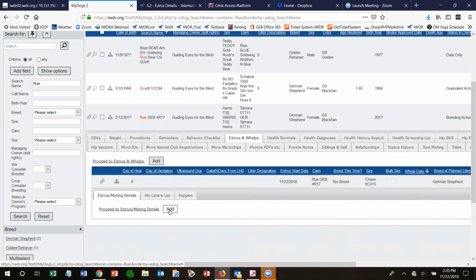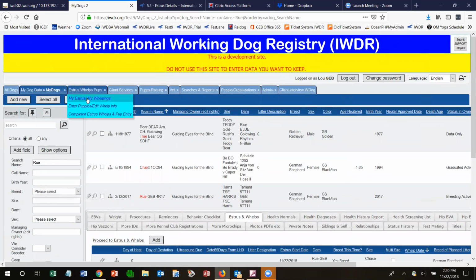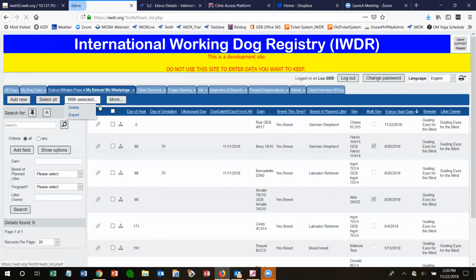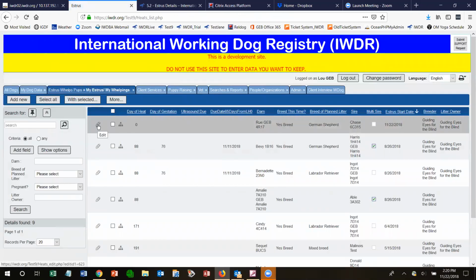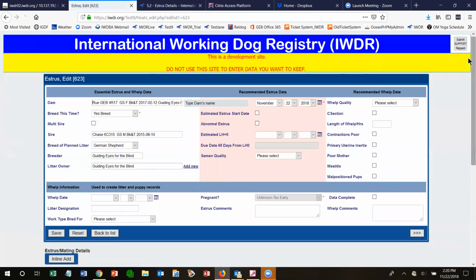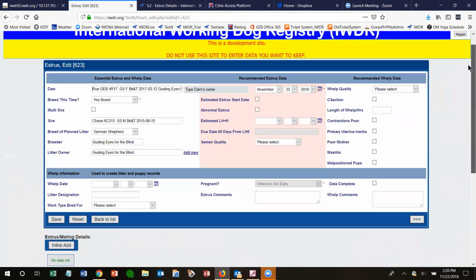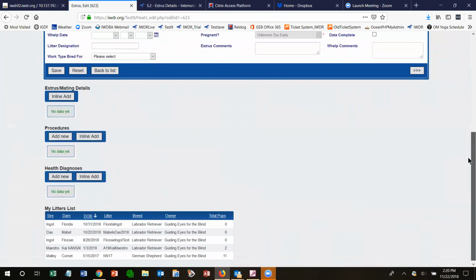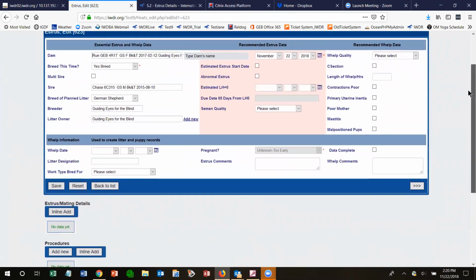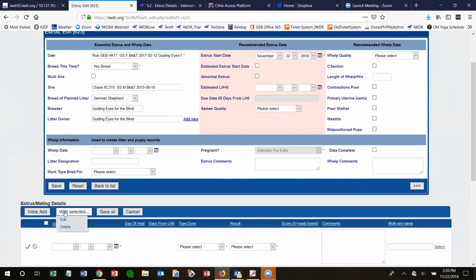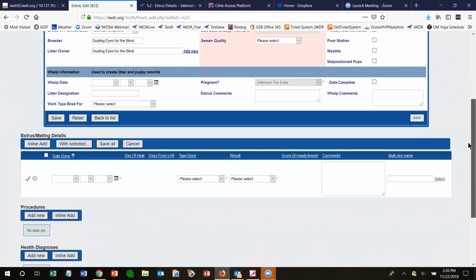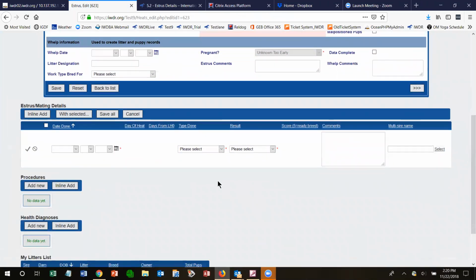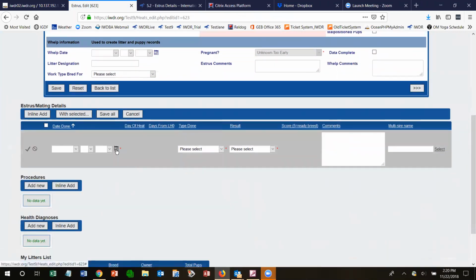If you're going to add a lot of information, it's actually easier to use the Estrus Whelps tab for a few reasons. One is that you can see all the information in a row here on one page. You can scroll up and down, and you can view the top information, which is the basic information about the estrus, and then you can add in estrus details. That feature is not available from My Dogs. So to add that, we would simply